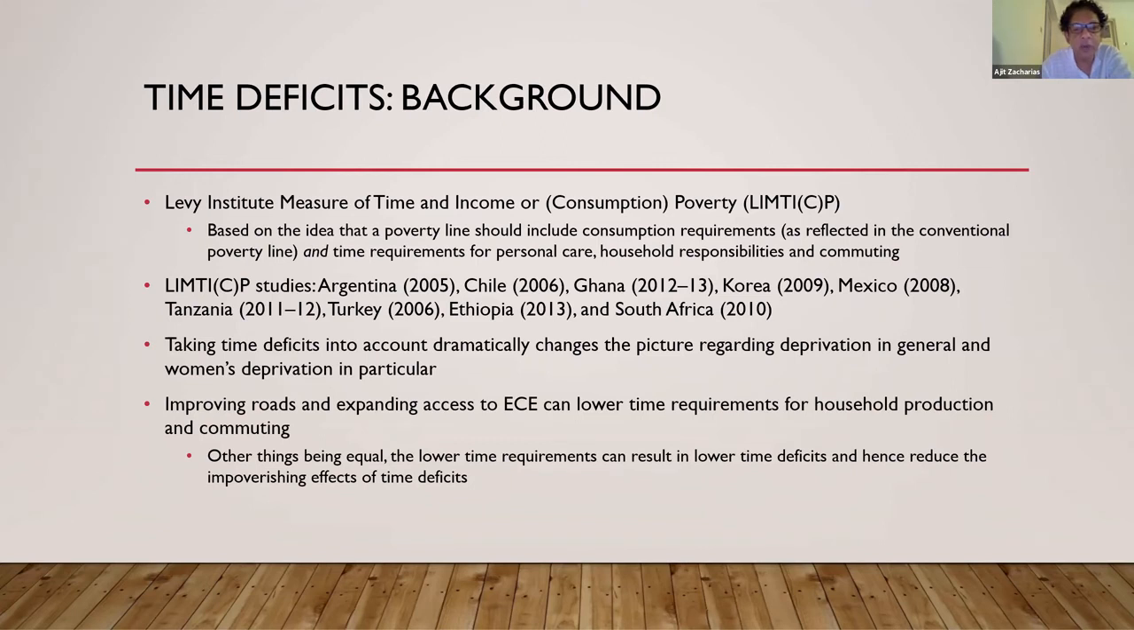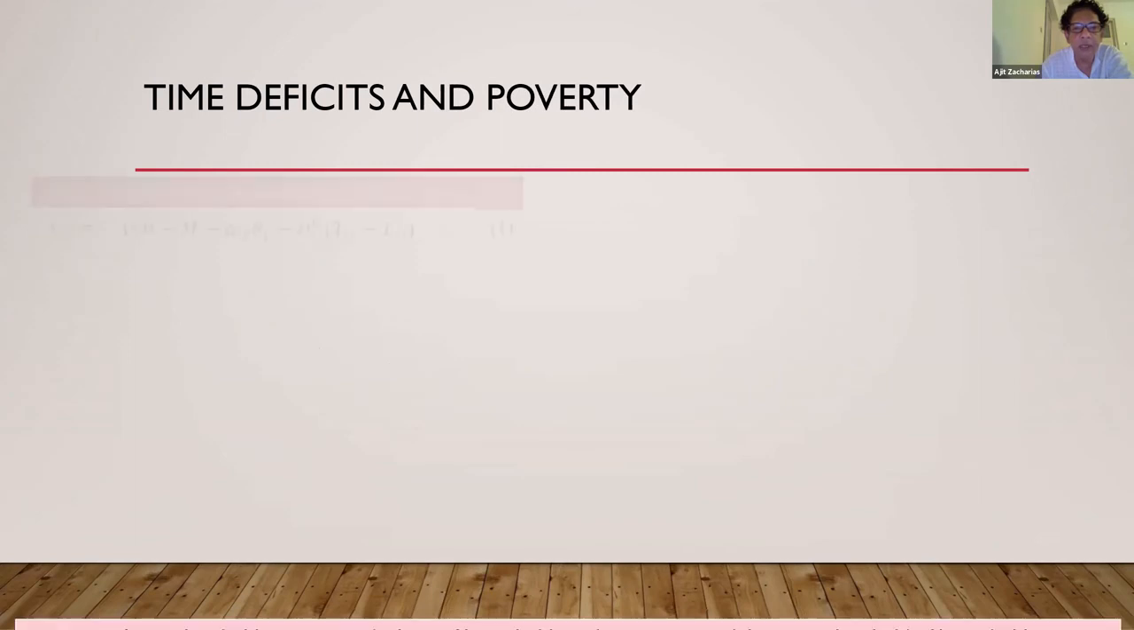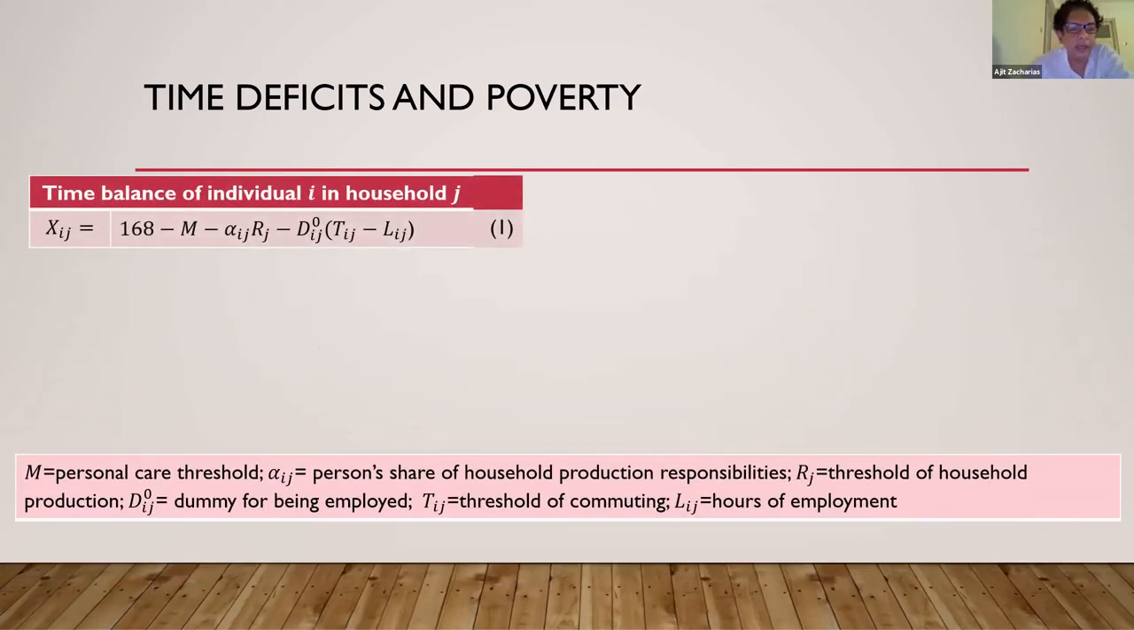So a quick overview of how we account for time poverty. To start with, the first equation is just showing the time balance of individual i in household j. The letter X on the left-hand side of that equation is the time balance of the individual. That's simply computed as what is left over from the total physically available number of hours in a week, 24 times 7, that's 168, from which we take out